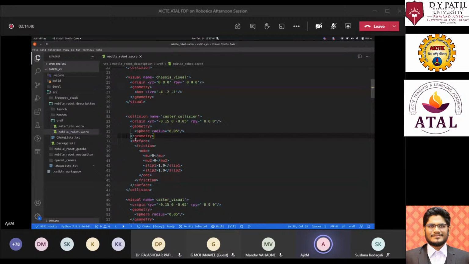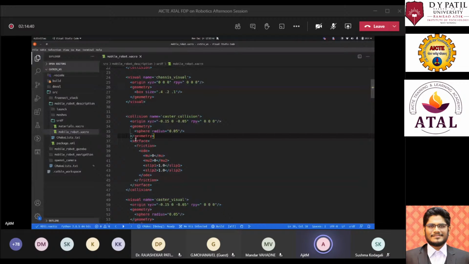Since this is a very basic model, I have kept the friction zero, since the caster wheel doesn't provide any friction to the robot. In reality, there would be some friction, but we are assuming it would be zero and completely slipping on the surface. Here the friction would be under the tag of ODE.